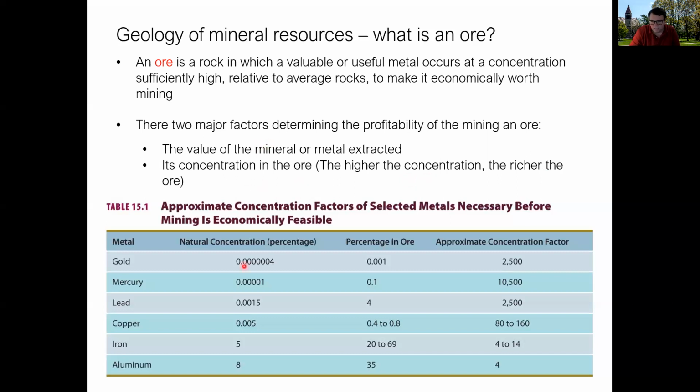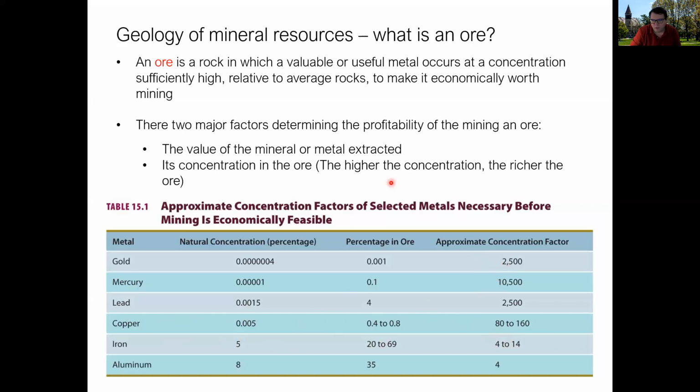If you look around, as an example, a lot of the key ores, something like gold, its percentage in the Earth's crust is in the parts per billion range, maybe 40 parts per billion. If you look at it in ores, it can be in the parts per thousand range. These are enrichments in gold deposits of about 2,500 times. It's the only way you're ever going to recover it economically. Similar, the numbers change, but the suspects remain the same. Similar levels of enrichment occur in many ore deposits, although gold and mercury are amongst the most enriched in the ores compared to natural backgrounds.